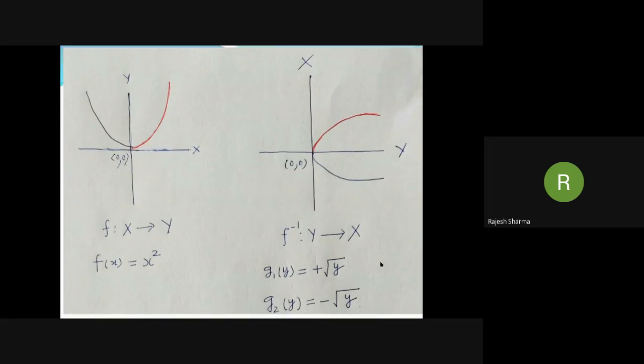In this way, in analogy with complex analysis, we can say that we have two branches of the function g(y) is equal to root y. One is g1(y) is equal to plus root y and the other is g2(y) is equal to minus root y. The origin where two branches intersect is called the branch point. If we have to discuss the continuity and differentiability of the function g1(y) is equal to plus root y, then since the derivative does not exist at origin, we consider the function g(y) in the interval 0 to a, where the interval is open at origin.